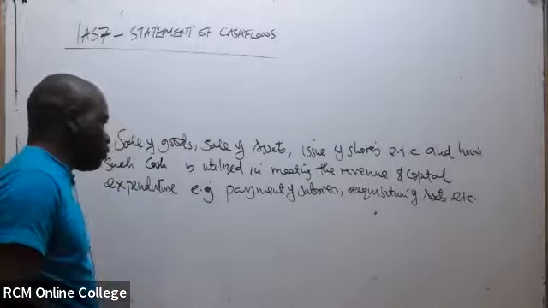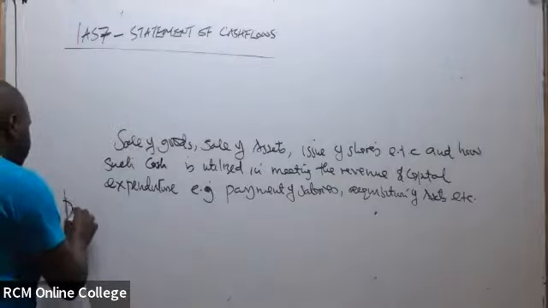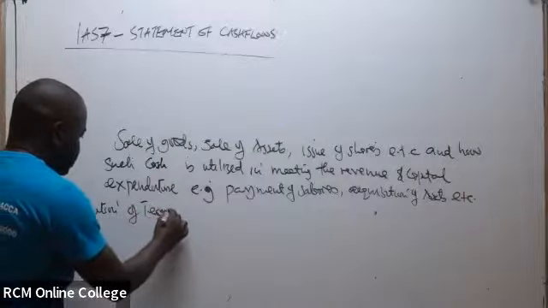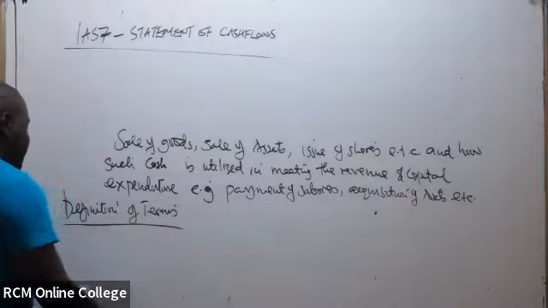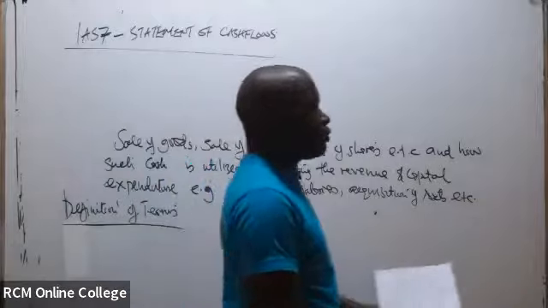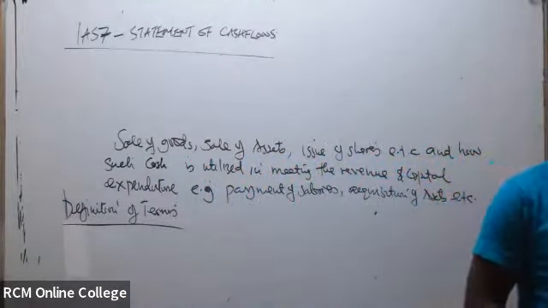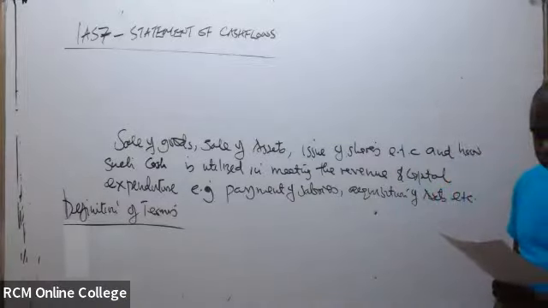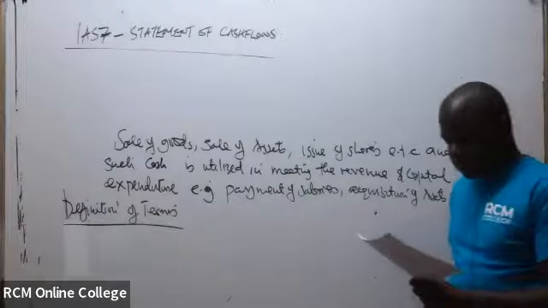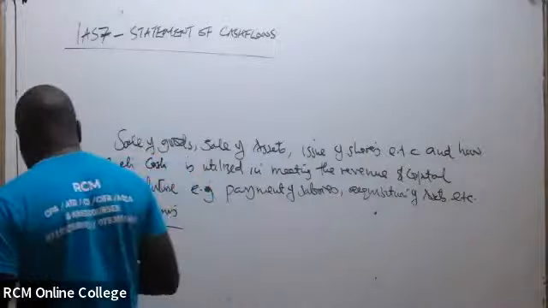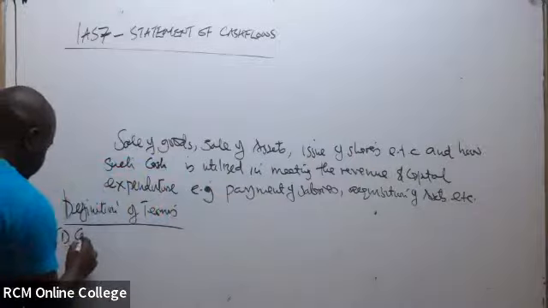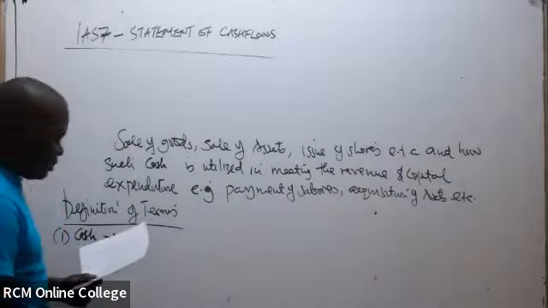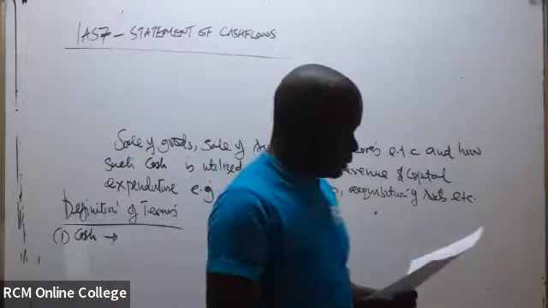So we can look at a few definition of terms regarding statement of cash flows. So you can start in this case with the cash. So we can start with the cash. Then you write and say, this represents cash in hand